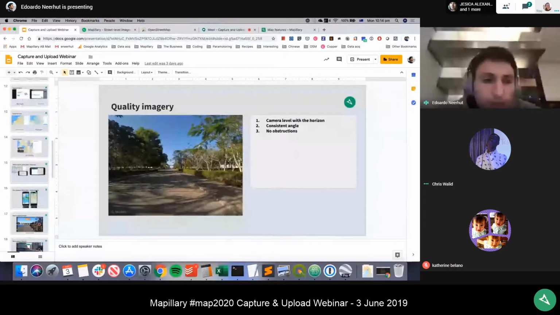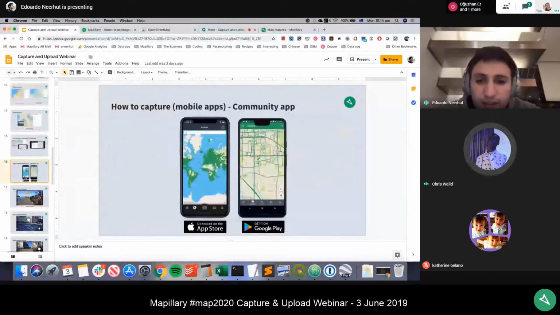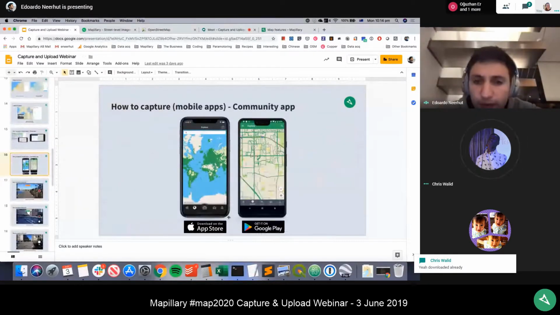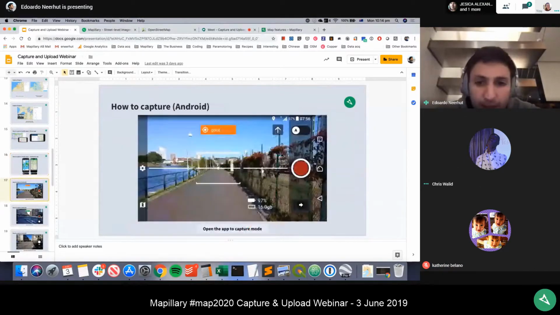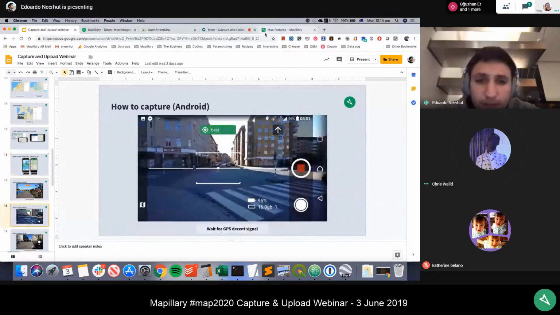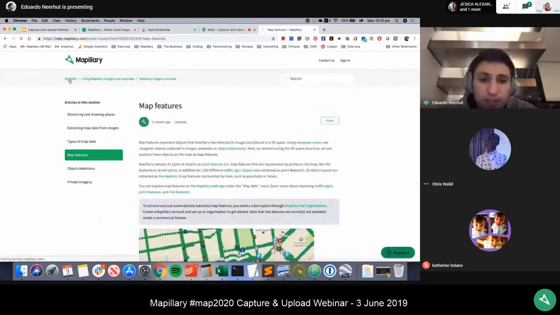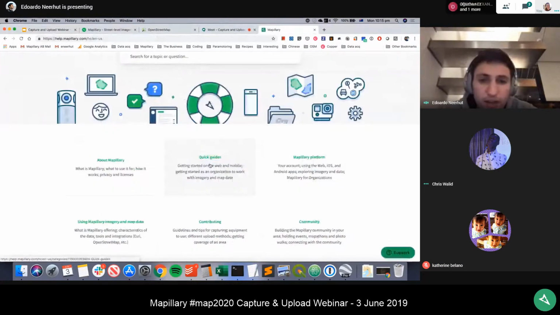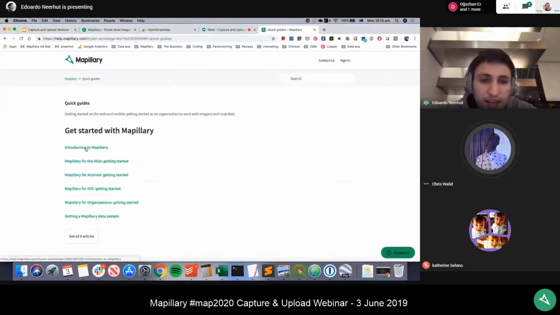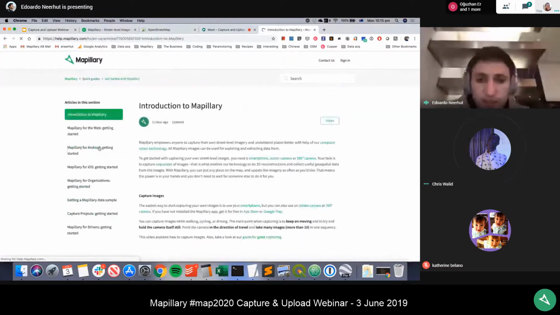You can go to the Mapillary App Store and download the app, either on Android or iOS, and then just follow the steps here to capture. There's also help pages, which are very important for any information. So you can go to the help pages here and have a look at the quick guides on getting started, and that'll walk you through how to get started capturing imagery to Mapillary.